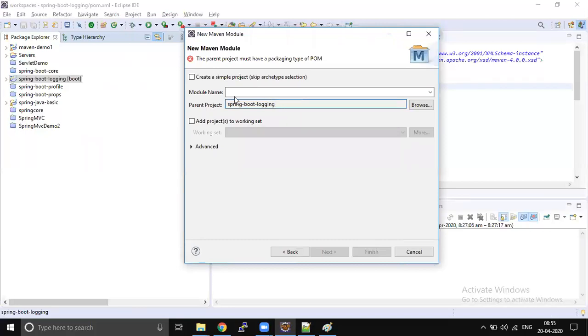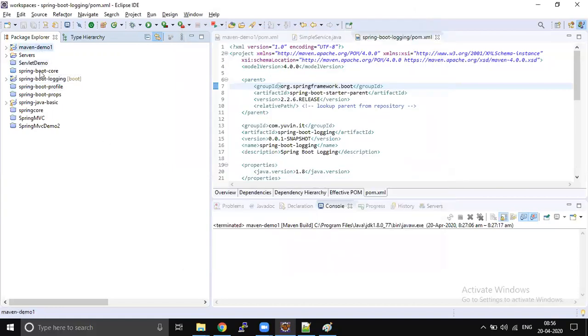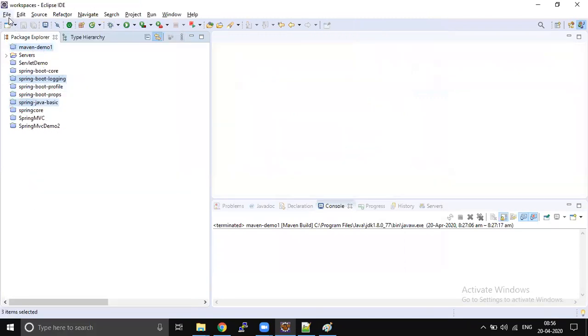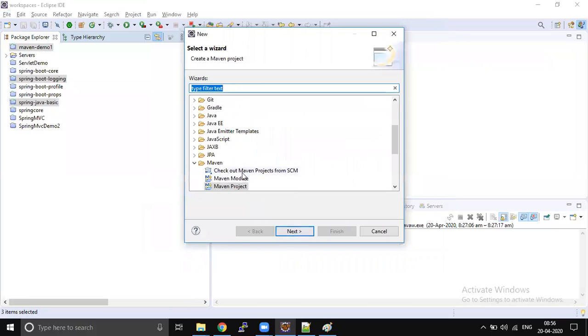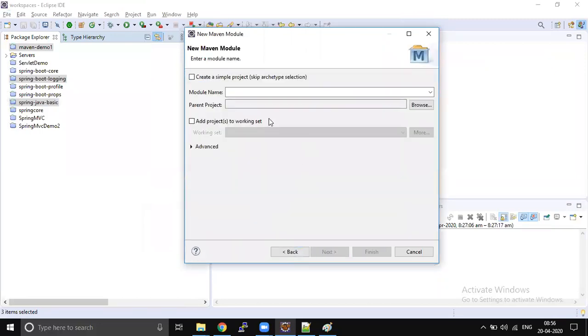I want to give no parent project. Module name is going to be bank-module.